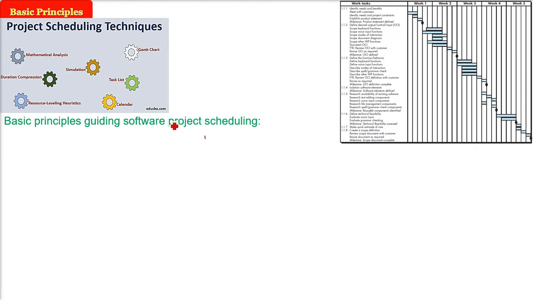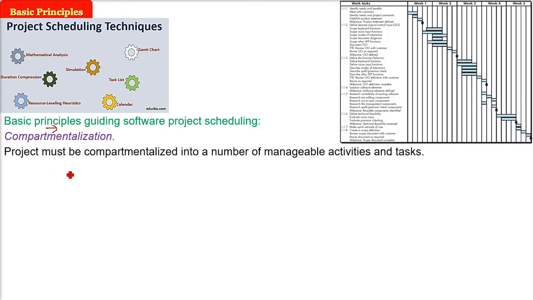For any project scheduling technique or management activity, project scheduling has certain basic principles. Every project manager has to understand and know what these basic principles are. The first one is compartmentalization: division of the work, properly modularizing the task. That is, the project must be compartmentalized or divided, in the way of divide and conquer, into a number of